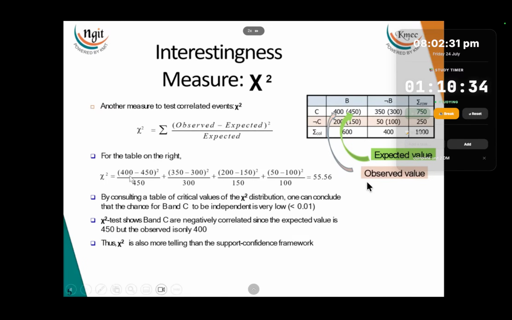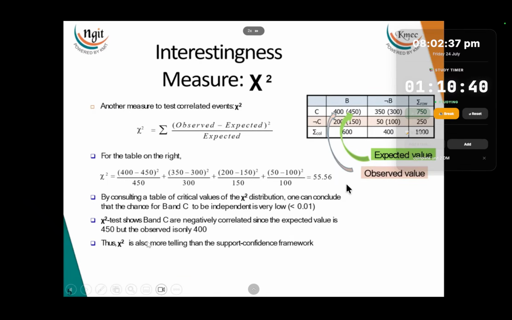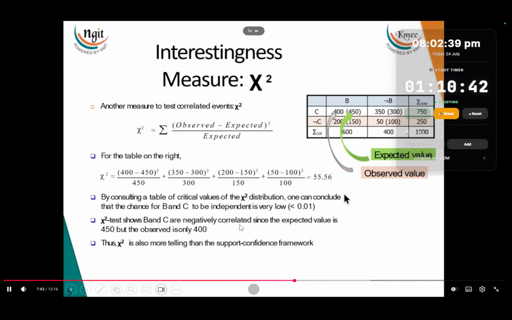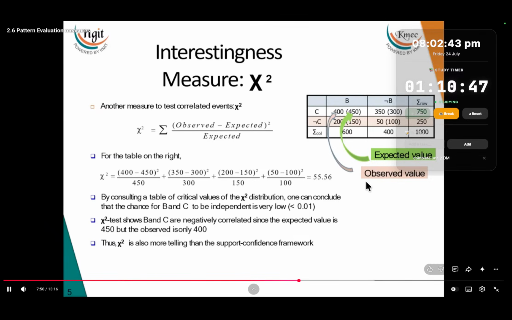We can see in the first database that 450 is the expected value, which is more than the observed value, right? So, since the expected value is more, we say that they are negatively correlated, right? So, we have got the same as a lift, right? So, it means that it's giving us a